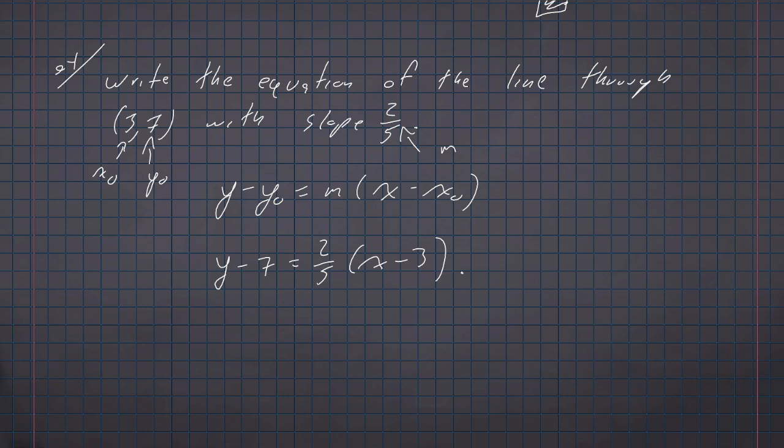Specifically here, that's going to mean solving for y. So let's distribute on the right-hand side. Right, 2/5 times x is 2/5 x, 2/5 times 3 is 6/5. And then if I add 7 to both sides of the equation,